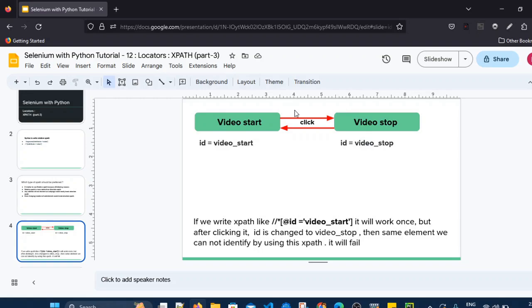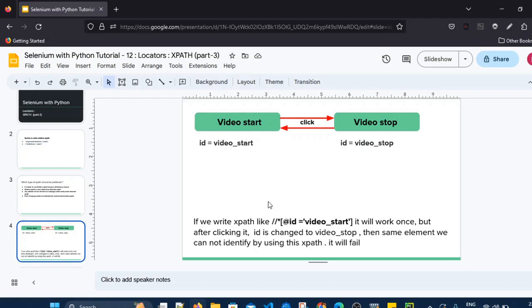If I want to find the XPath for this element in the script, then initially, when I write the script for starting the video, I will use a relative XPath like this: two forward slashes, star, @ID equals video_start.